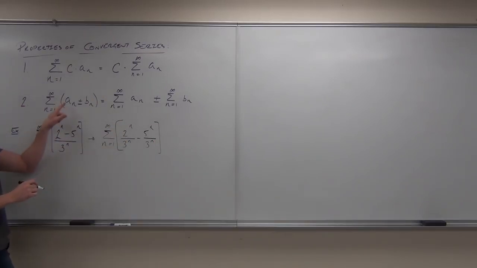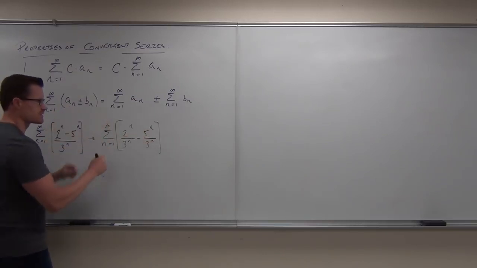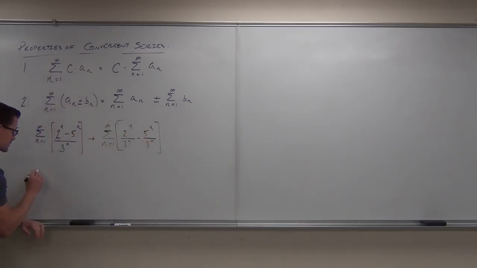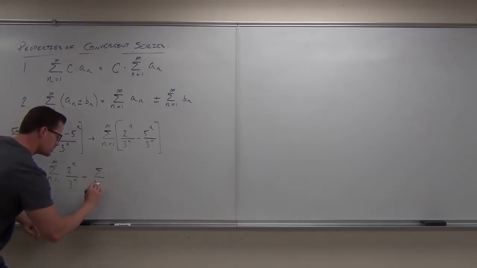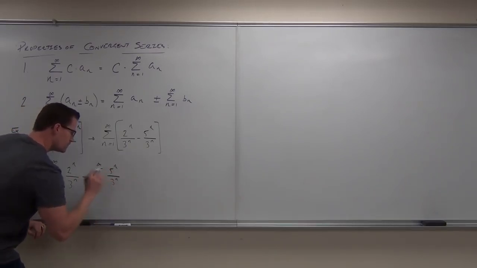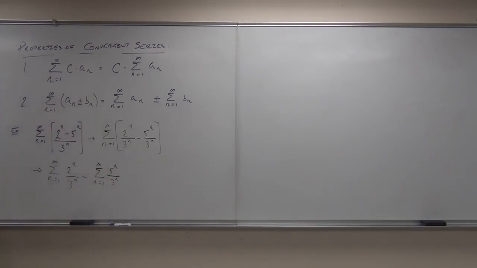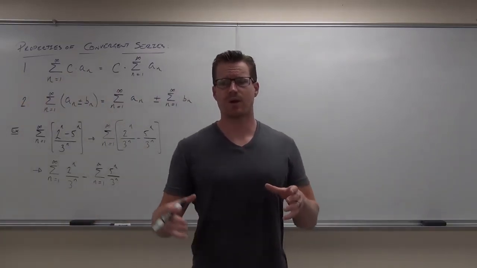And then because I have one sequence minus another sequence inside of my series here, I can separate that series. Now that we've separated our series, we can actually start looking at each one and seeing whether they're convergent or